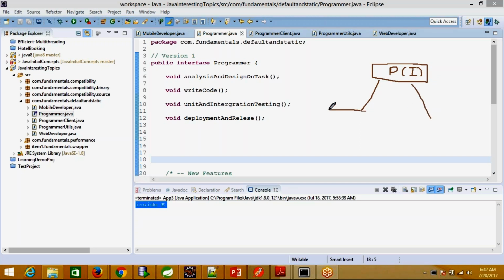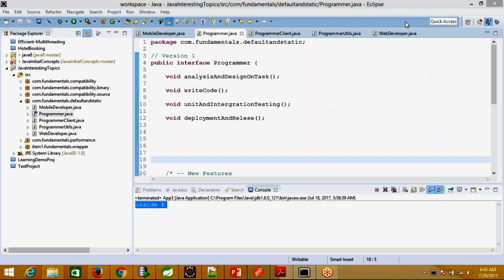The first one is the web developer, and the second one is the mobile developer. And we have implemented all these four features into the web developer and the mobile developer respectively.